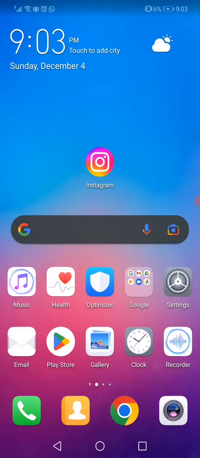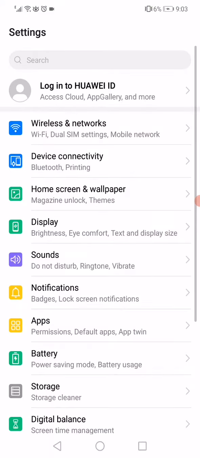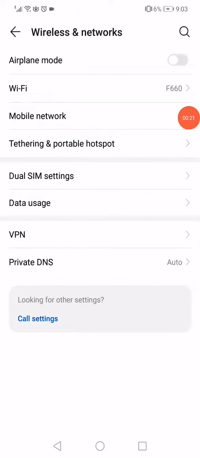So first thing you have to do is just open the settings on your phone and then go to the wireless and networks and then enable the airplane mode and wait a few seconds and disable it again, and then go to the Wi-Fi and do the same thing, just enable it and disable it and enable it again, and